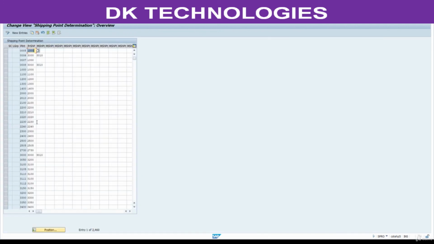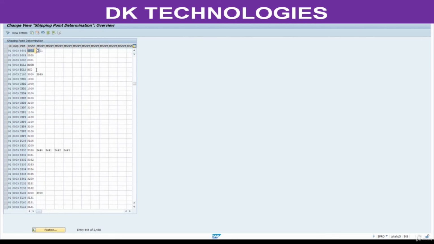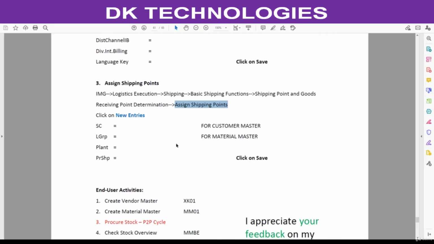Click on this one. Click on this: shipping condition 01, loading group 003, plant 8801. See, this is already defined at the time of doing the SD configuration. I am showing it only for your information here. No need to do anything here.